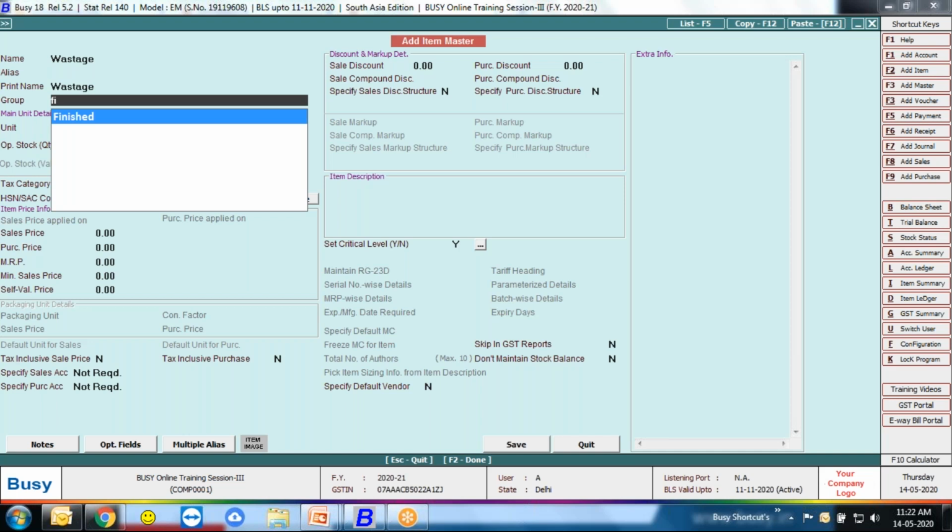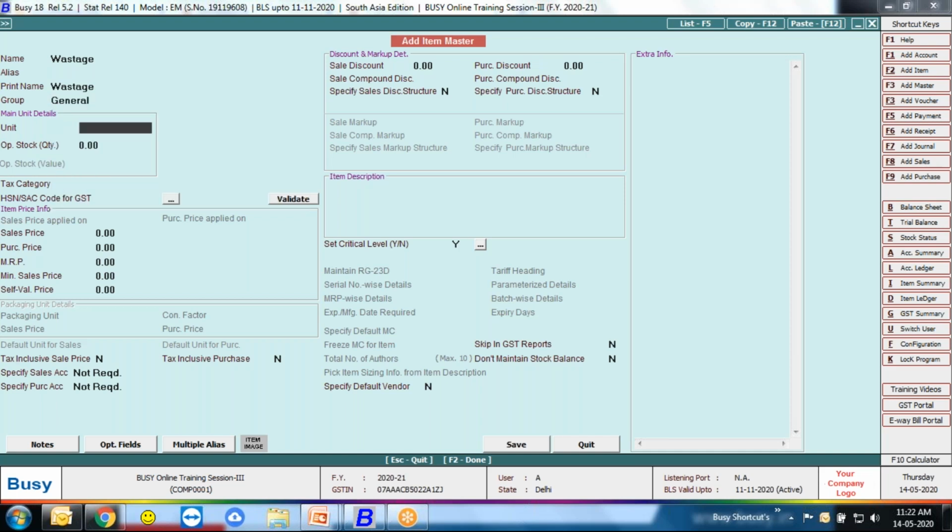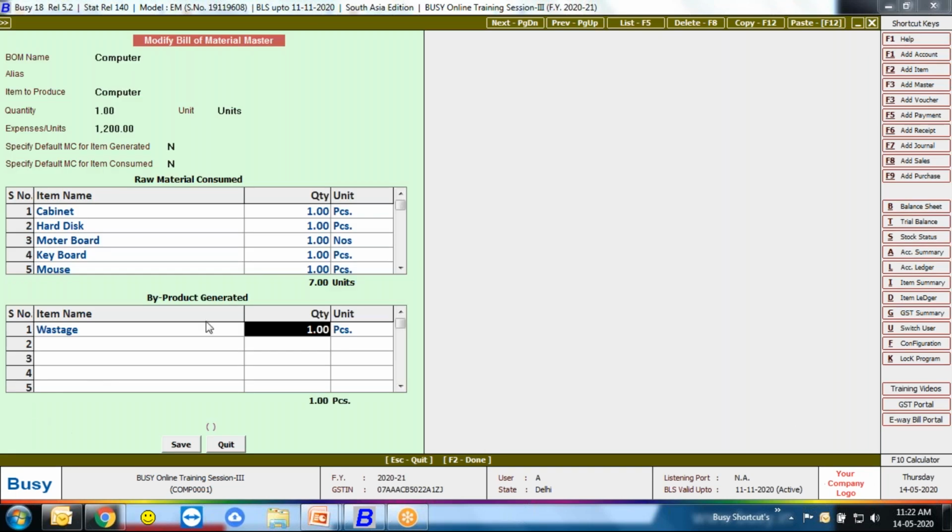Like, that is your wastage item. I said when I generate a single unit of a finished computer, in the process of computer generation there is wastage also, that is two pieces. So you can also manage your wastage in Busy.